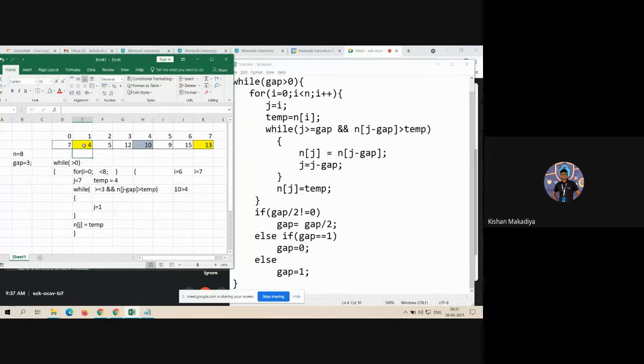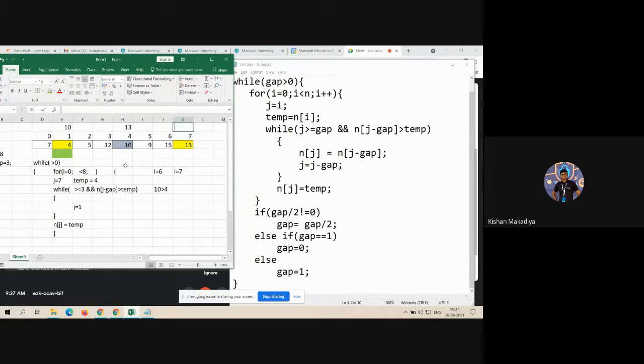So I think you are clear about the idea of insertion sort. What we have done? See, initial case, I am writing the initial values here 10, here 13, and here 4. So first time we simply assume our insertion sort has only 3 elements: 10, 13, and 4. You simply start with 13 and 4, so 13 will be here. Then next 10 and 4, so 10 will be here and 4 will be first. So this is the answer.